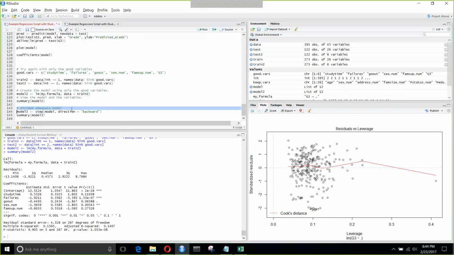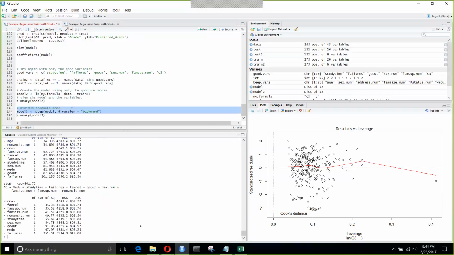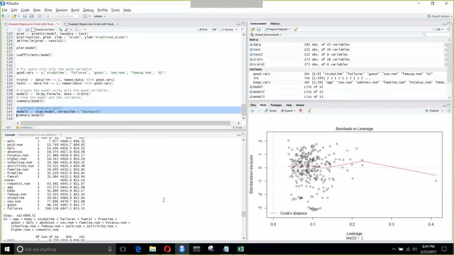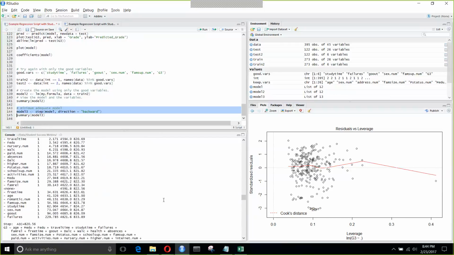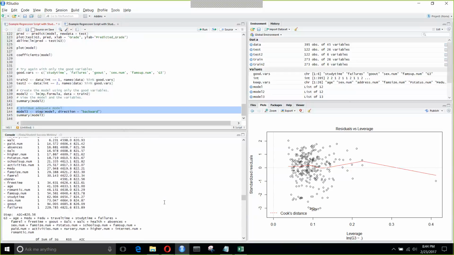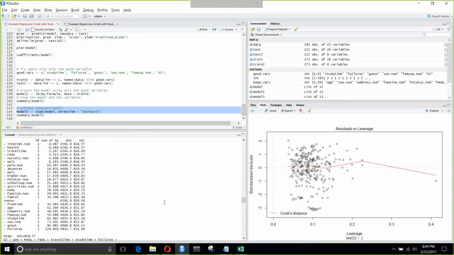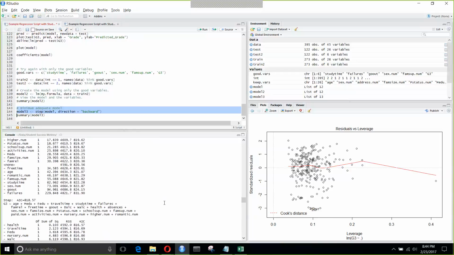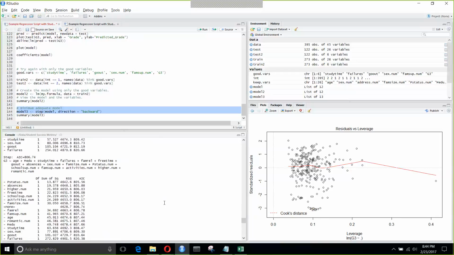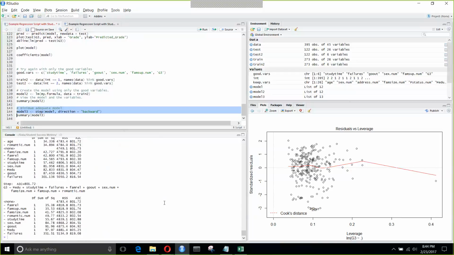So let's go ahead and run that. Create a third model, and you can see a bunch of stuff flashed up on the screen because we scroll back up to the top. It's a long way up to the top. You see it starts off with all the variables. Then it says, oh, there's a couple that aren't helping. I'm going to get rid of those. So it gets rid of them. It gets rid of a few more, and so on and so on, till we go all the way down to the bottom, and we've cut it back to a handful of variables,